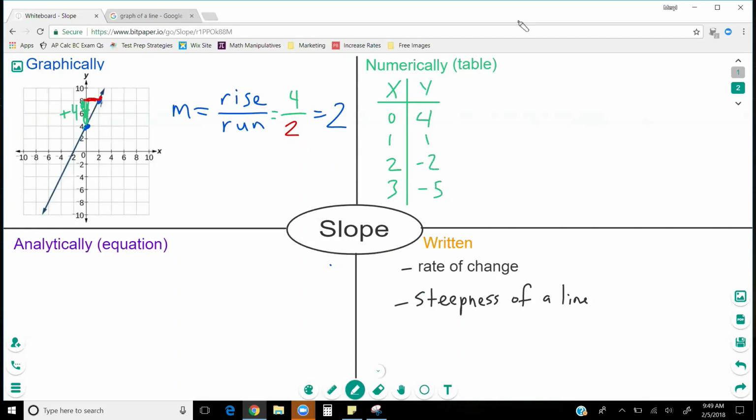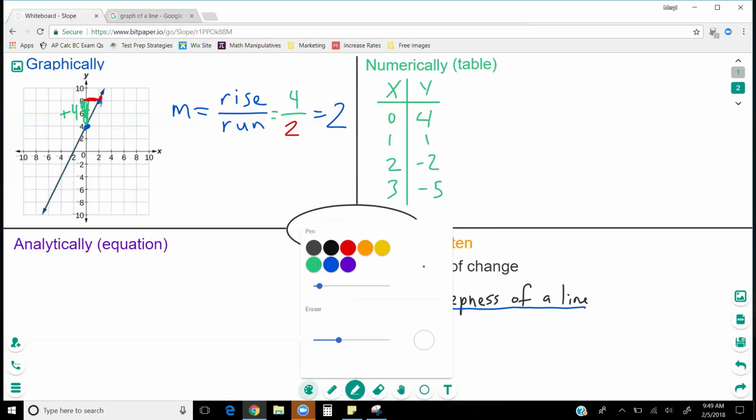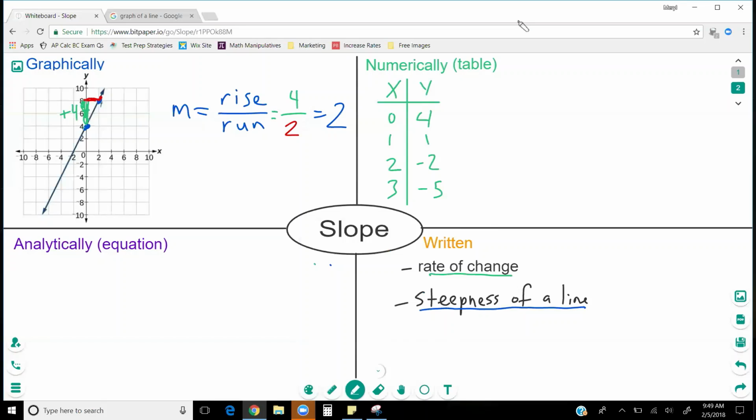So the last problem with the graphically, I was thinking back to this steepness of a line. In numerically with the table, I'm looking more at the rate of change. So what is my change in y over my change in x? The little triangle's delta, its Greek symbol, means change in. So this is how we find slope